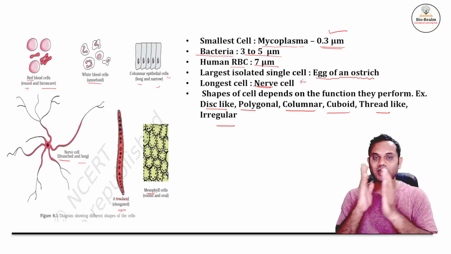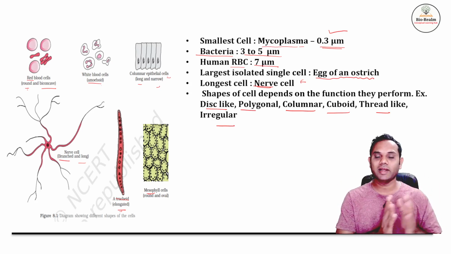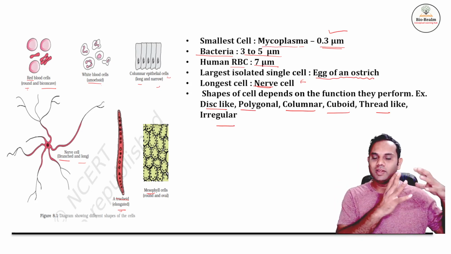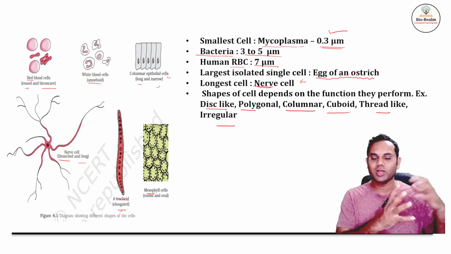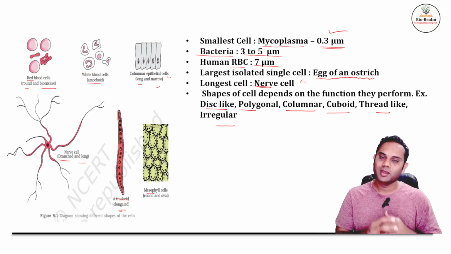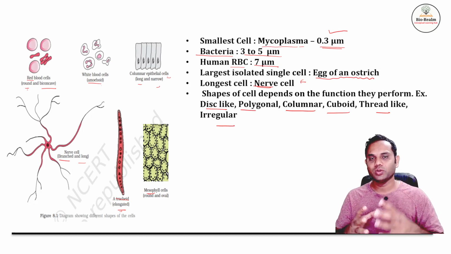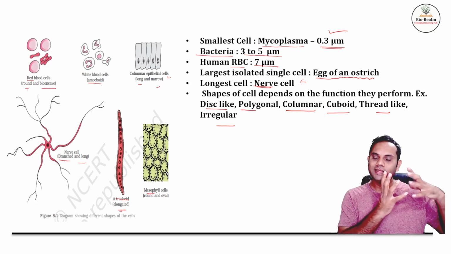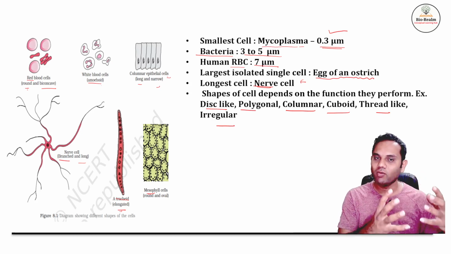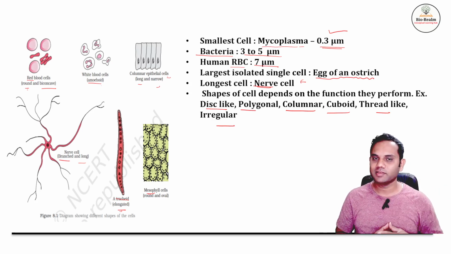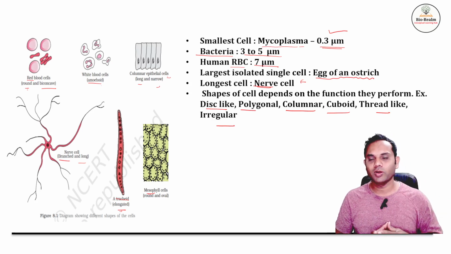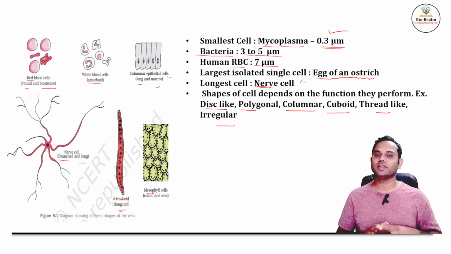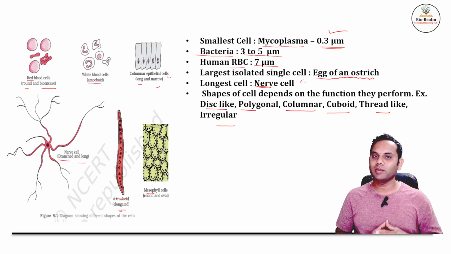On the basis of presence and absence of nucleus, the cell can be categorized into two different types, prokaryotic cell and eukaryotic cell. Cells without a membrane bound nucleus are called prokaryotic cells. Nucleus is absent. In case of eukaryotic cell, eu means true. In case of eukaryotic cell, the nucleus is true and it is present. Prokaryotic cells have a cell wall. An example of that is bacteria, which is in the group Monera. It has a bacterial chromosome, which is freely suspended in the cytoplasm, and it lacks the membrane bound organelles